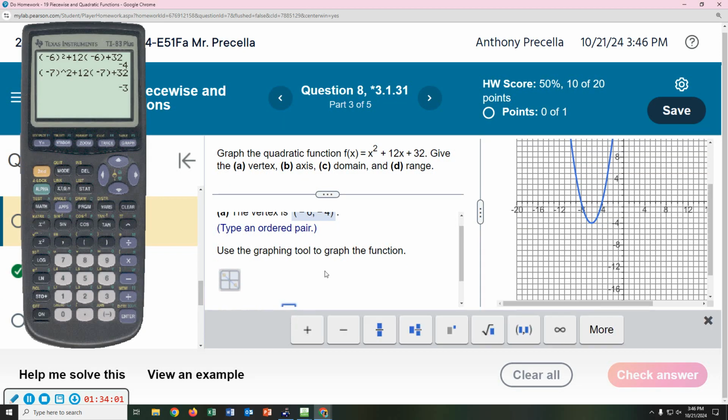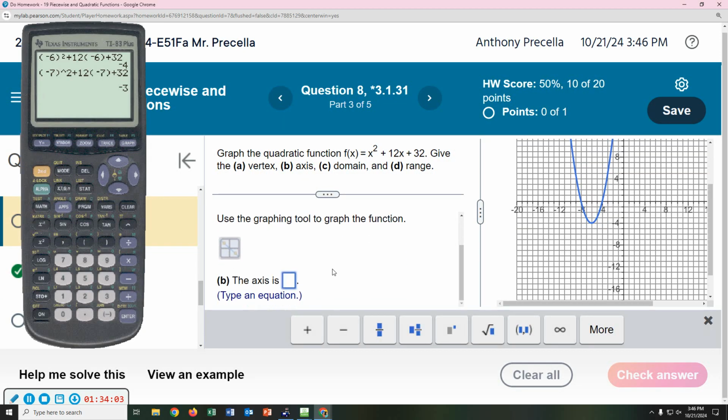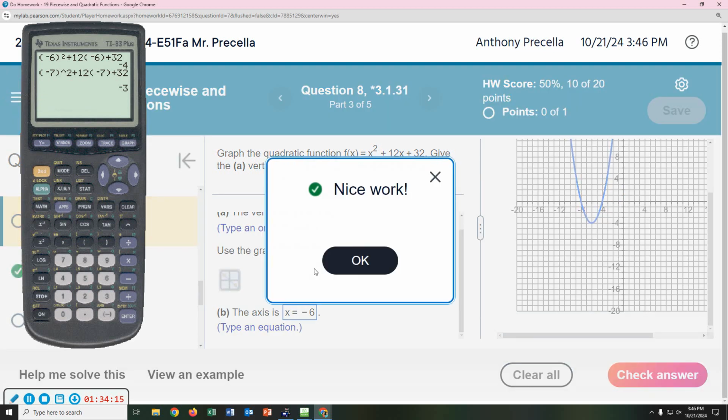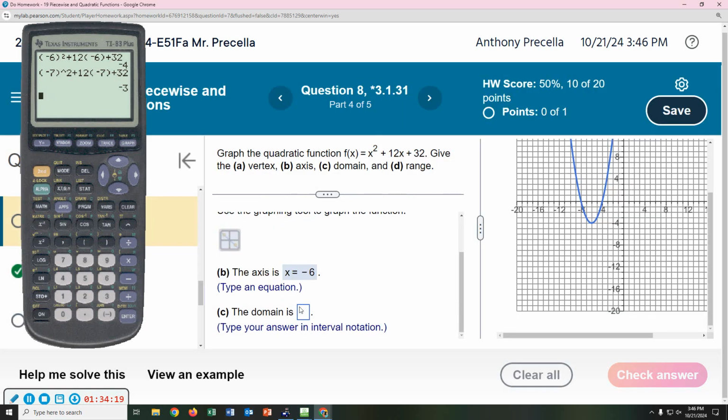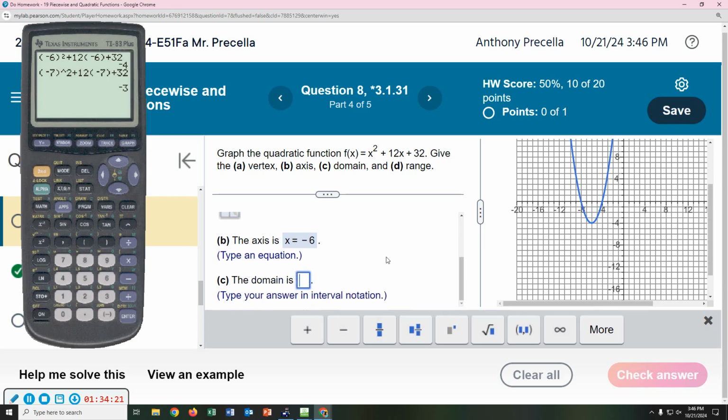And the axis. No, they didn't give us the x equals. I thought they gave us x equals, but they didn't. So you have to type x equals negative 6. And here, Domain: always negative infinity, comma infinity,